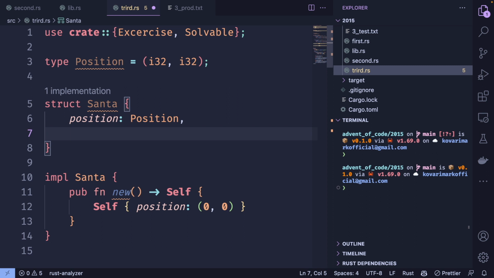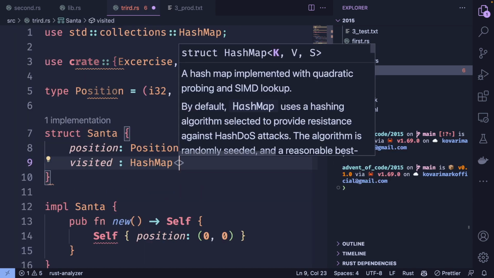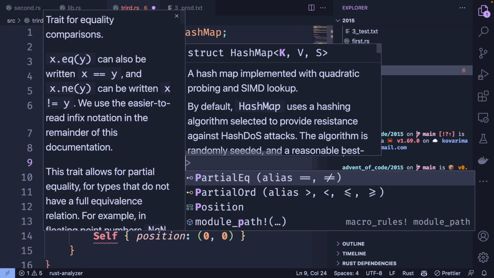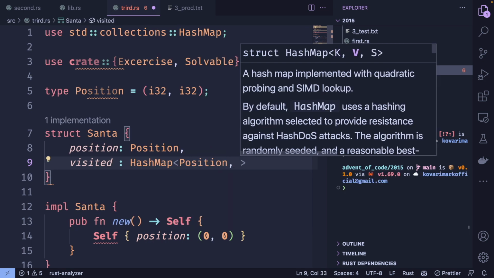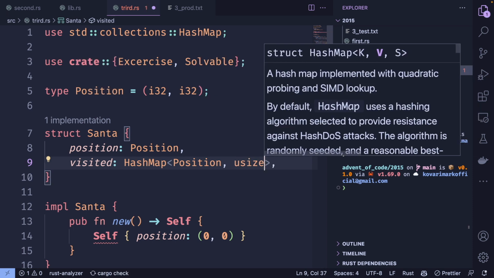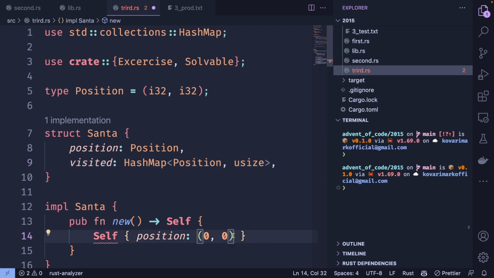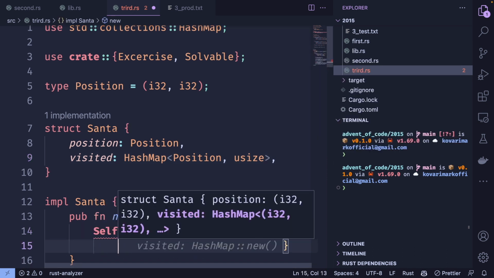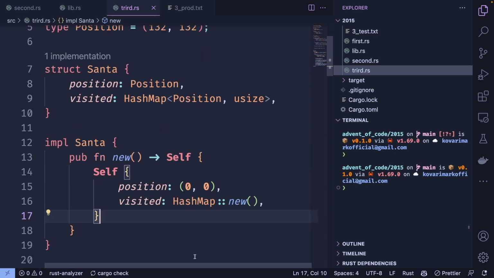Actually, that might be a vector of positions, but what we rather want is a hash map where we store positions and a usize for how many times he's been there. Cool. The initial position should be a HashMap new,